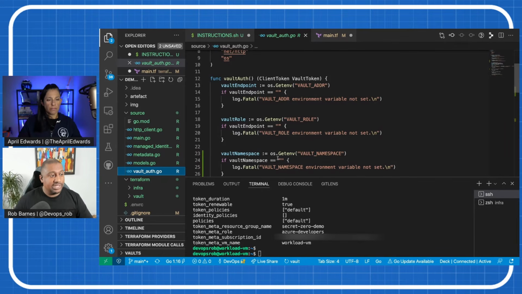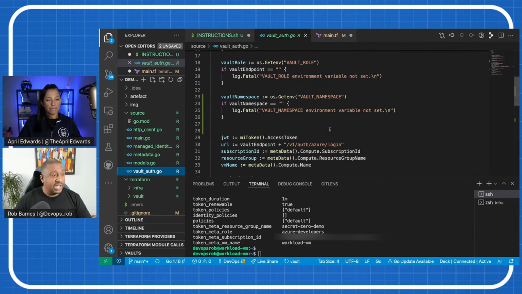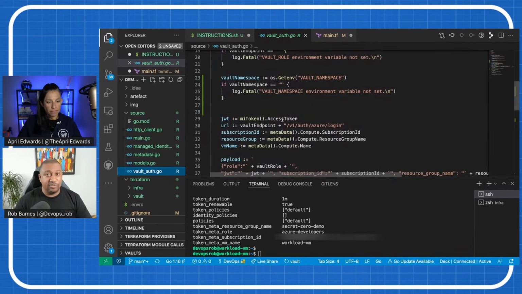And lastly, it's the namespace. So we're also looking for the Vault namespace. As mentioned, we're using Vault on HashiCorp Cloud Platform. So we want to make sure that we access the right namespace or we'll get permission denied. And other than that, all we're doing is we're constructing all the different pieces of the payload from the other API calls that we made. And we're making our final API call to Vault. Right? So if I just clear my terminal,